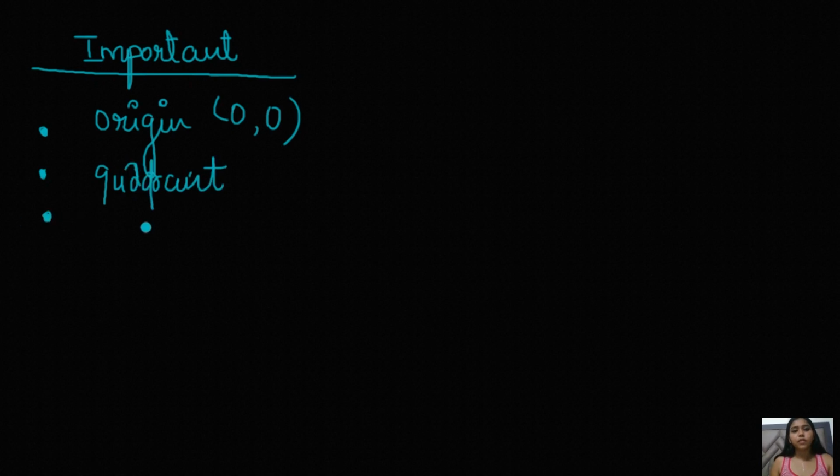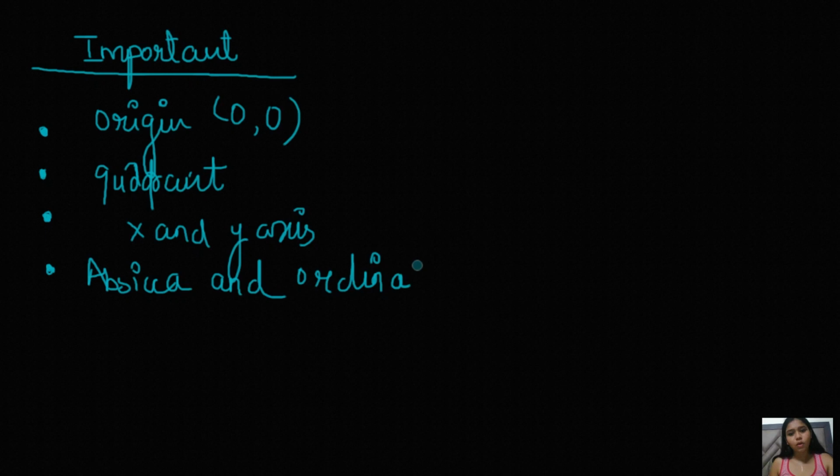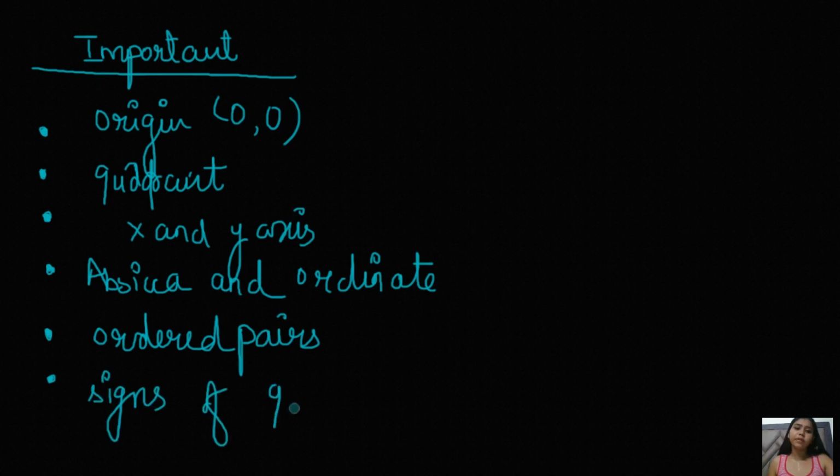Quadrant, then x and y axis, then abscissa and ordinate, ordered pairs, signs of quadrant, and the last and very easy one is how to locate the points